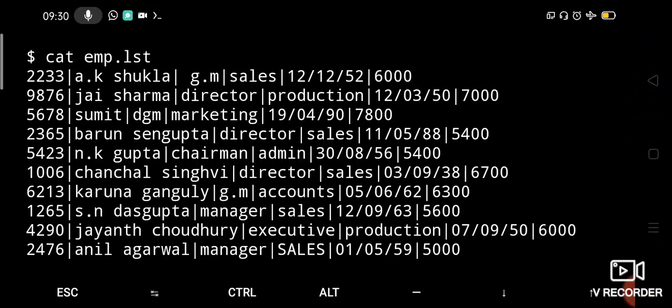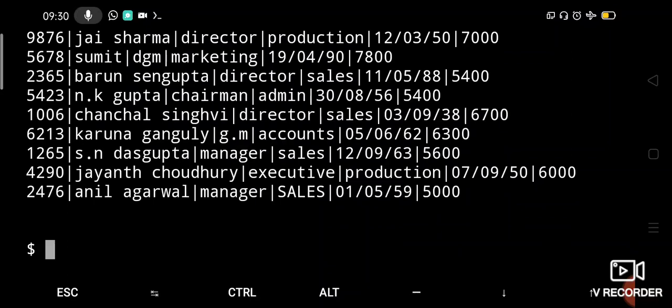You know how to create a file, right? Either you can use the cat command, but for writing such big content in a file, it is better to go for the vi editor. Open the vi editor, create a file, then store the details. Okay, so now based on this file we will work on the commands.